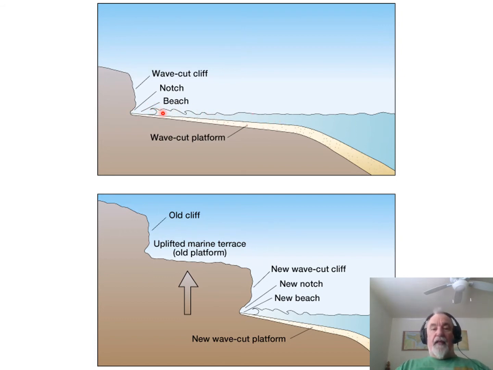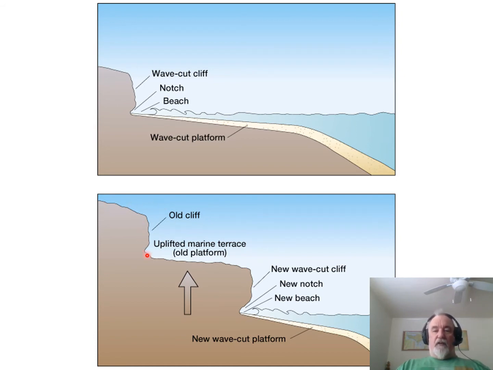But then the whole thing gets uplifted due to earthquakes, let's say. So that's certainly the case on the West Coast, Southern California. We would get a wave cut platform with a cliff, and then the whole thing gets uplifted. So here's that old wave, there's that cliff, wave cut platform, and now a new cliff and a new wave cut platform being created. So in a coastline that has periodic earthquakes, we may see this happen, and we get